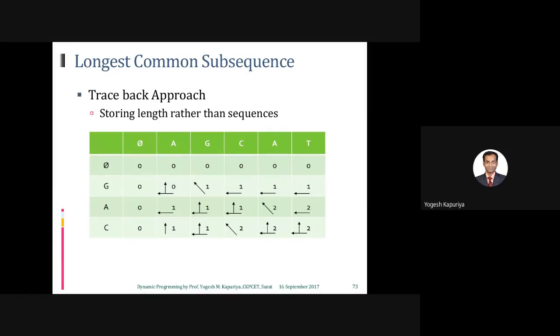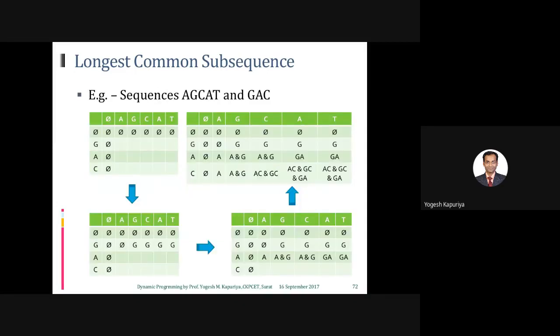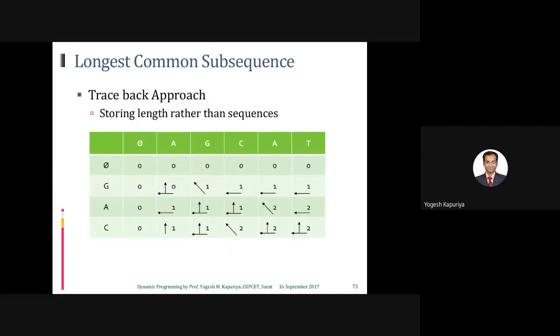We are only interested in whether these two strings are similar or not, or what the similarity index is out of 100, how many characters are similar. So that's what we are interested in. That's why we never store the actual letter. What we keep track of is a count. And we show the arrows as well because they give you the facility to trace back and find the actual sequence as well.